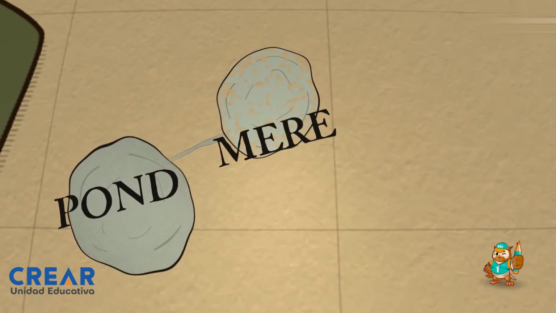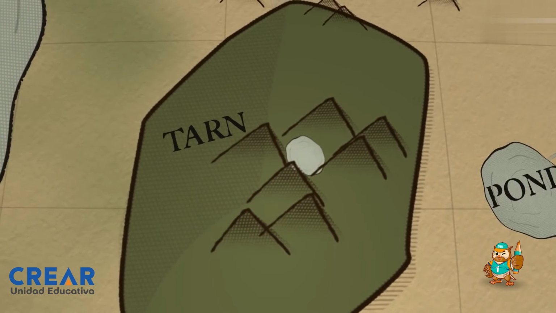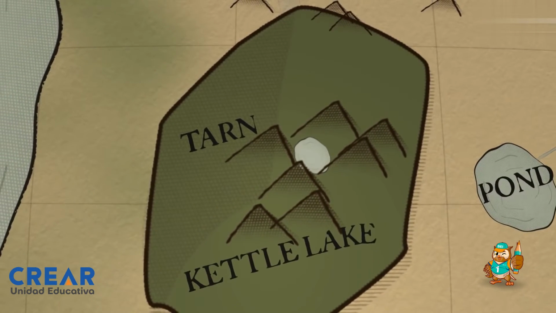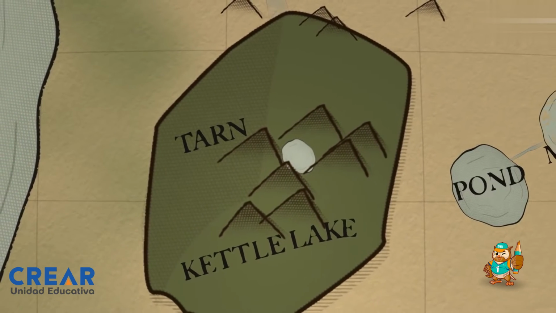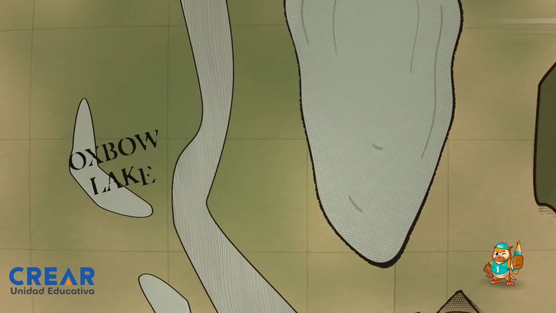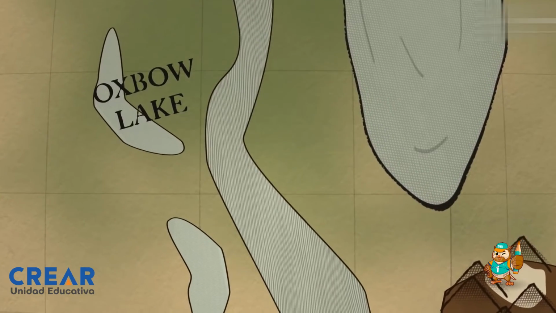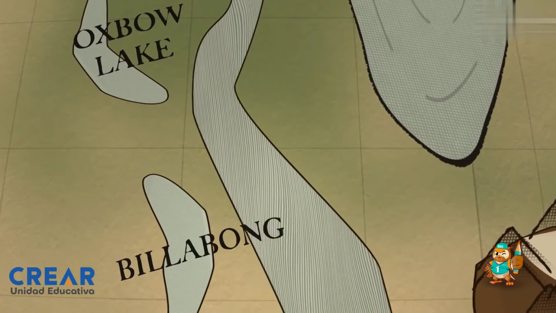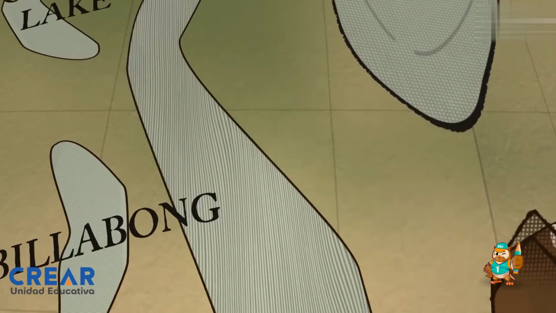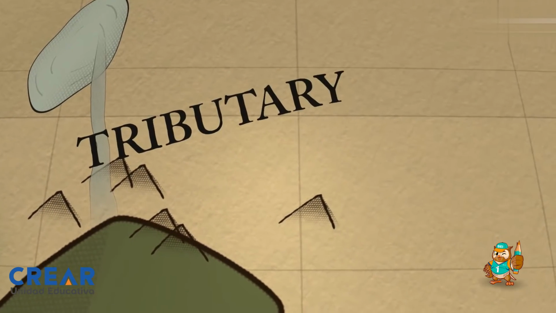A pond is a particularly small lake. Then we have a mere, a notably shallow one, right? So with sand and water at the same time. And then we have a tarn, which is between the mountains. And an oxbow is a type of lake that has two arms, like two arms, like that. It comes from a river that changed course and then left a lake behind.